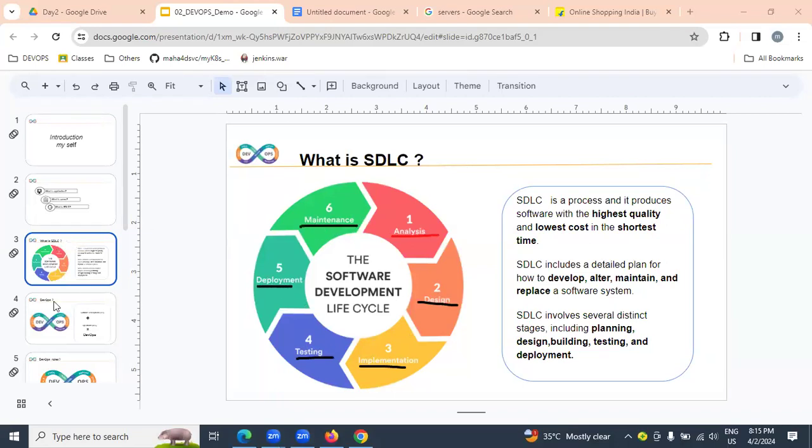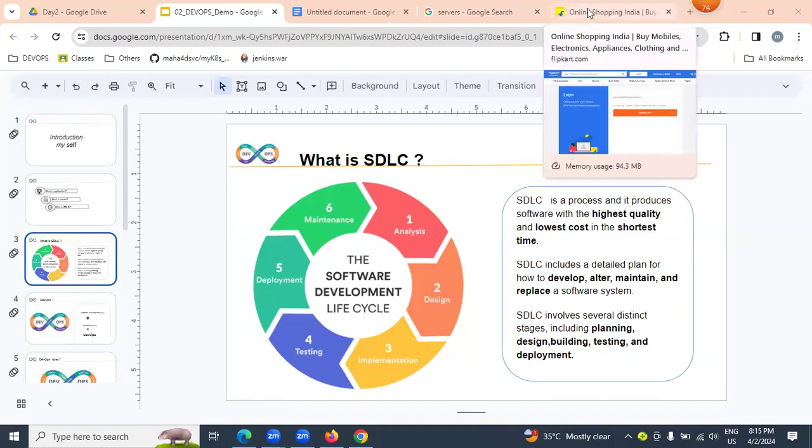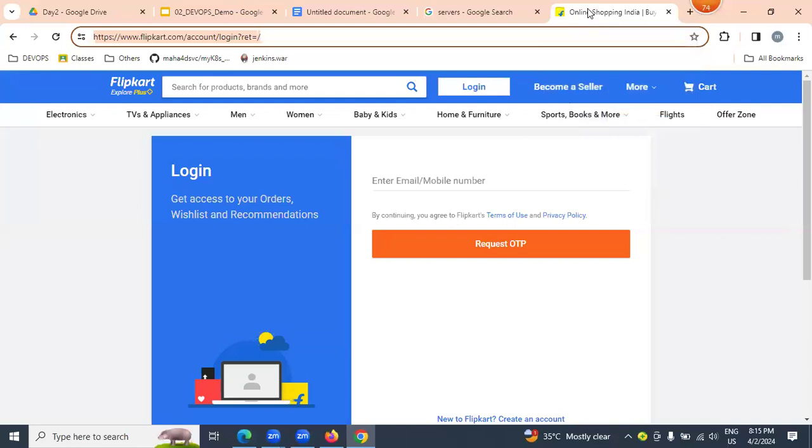By following all these stages, we are able to do business on the internet like Flipkart, Amazon, BookMyShow.